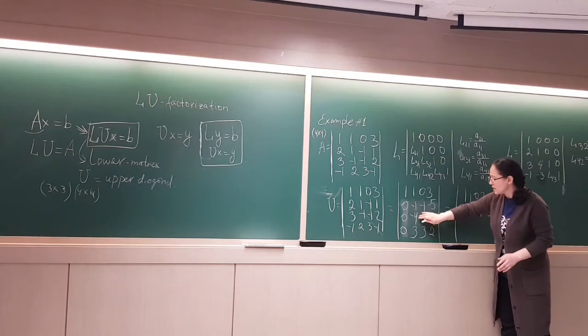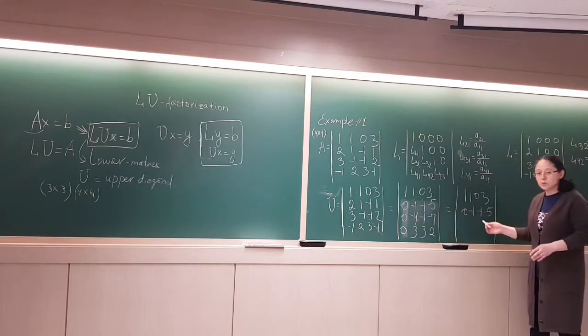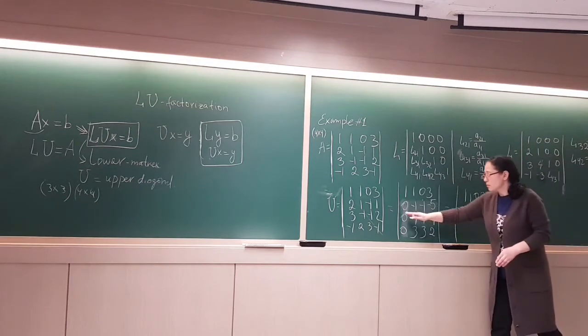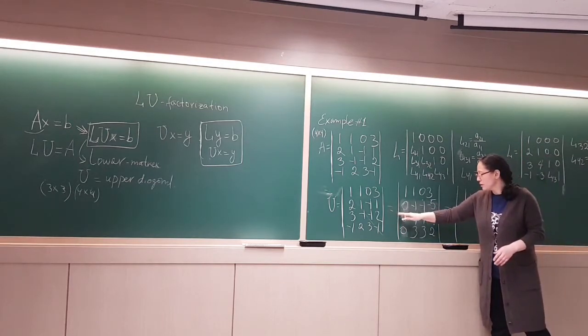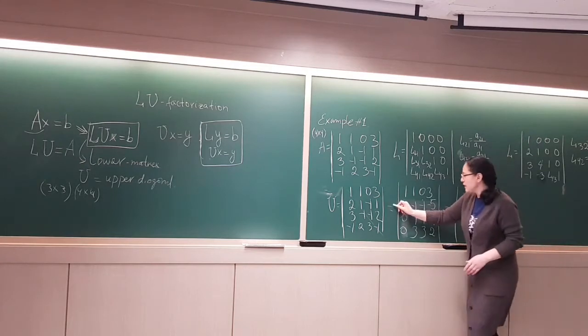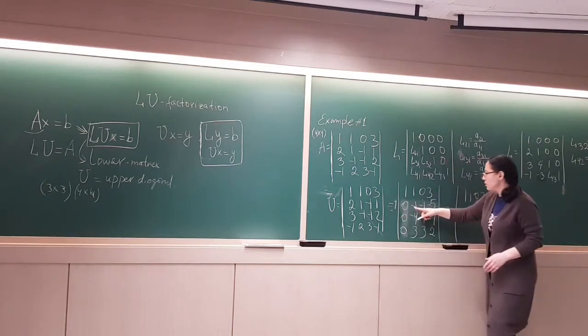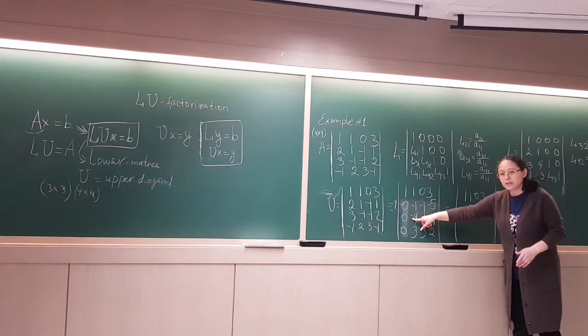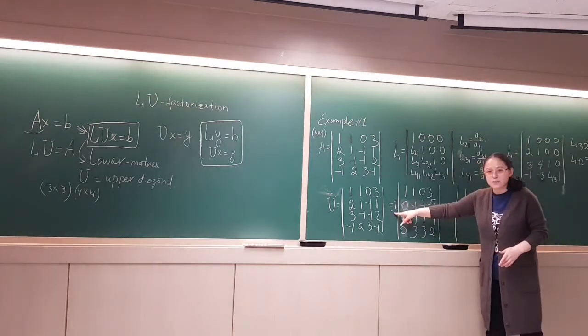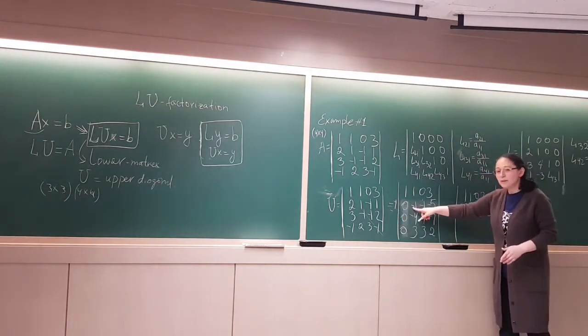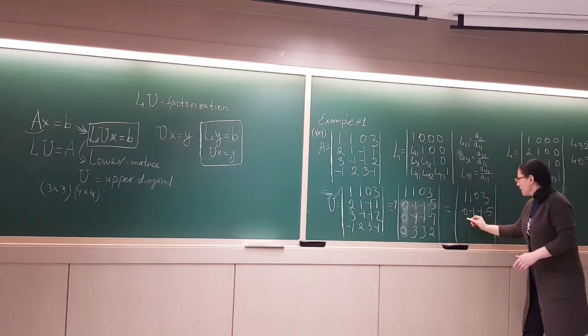To make this line 0, what will we do? Plus 4 multiplied by 9. If we multiply by minus 4, it will be plus 4 and 0, right? Plus 4, okay. 0,